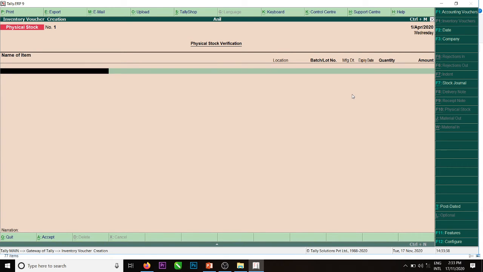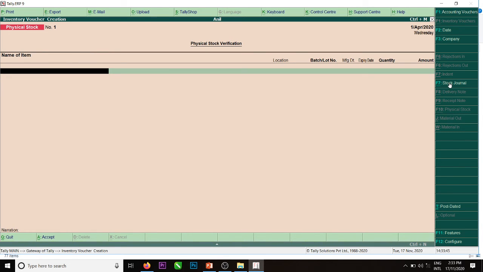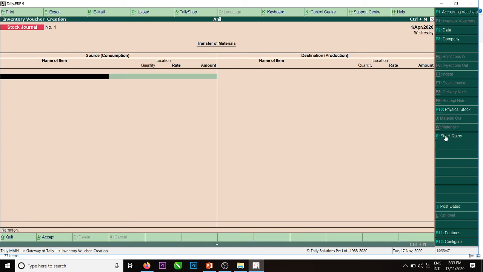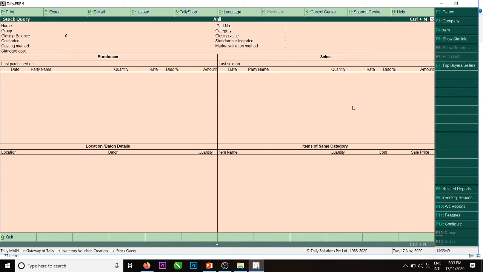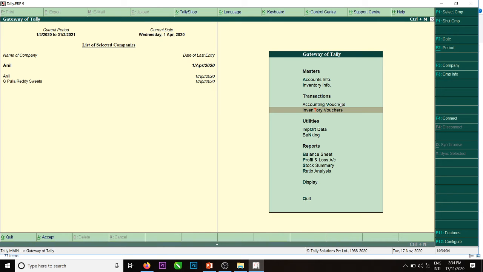Inventory vouchers. Here shortcut keys are there. Stock journal, physical stock journal, stock queries. We are not dealing with the stock items in this problem. That's why it is not showing any items here. Okay, Control key is to go back.